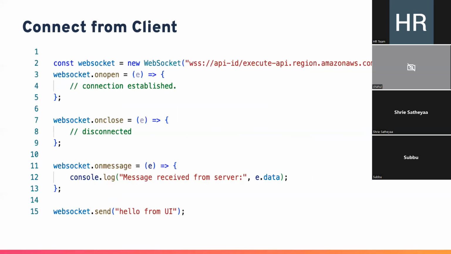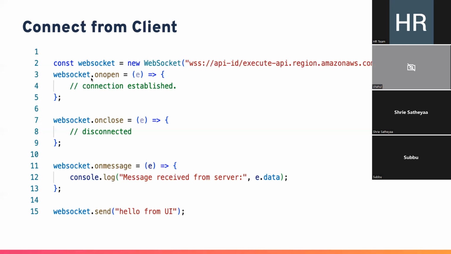So this is just a sample JavaScript code for establishing the connection from the client side to the WebSocket API gateway. We have used the plain WebSocket API that's available in JavaScript, and we have connected to this particular API gateway. Once the API gateway authorizes the connection, we will receive this particular on open